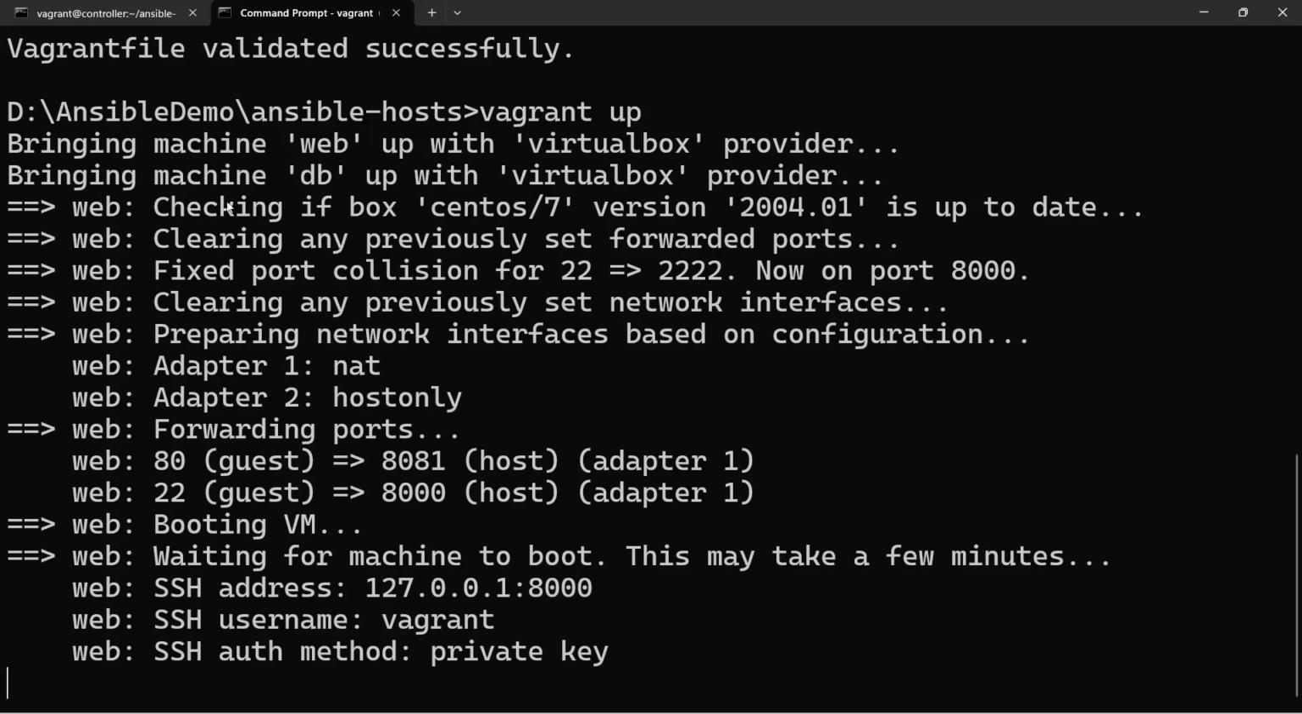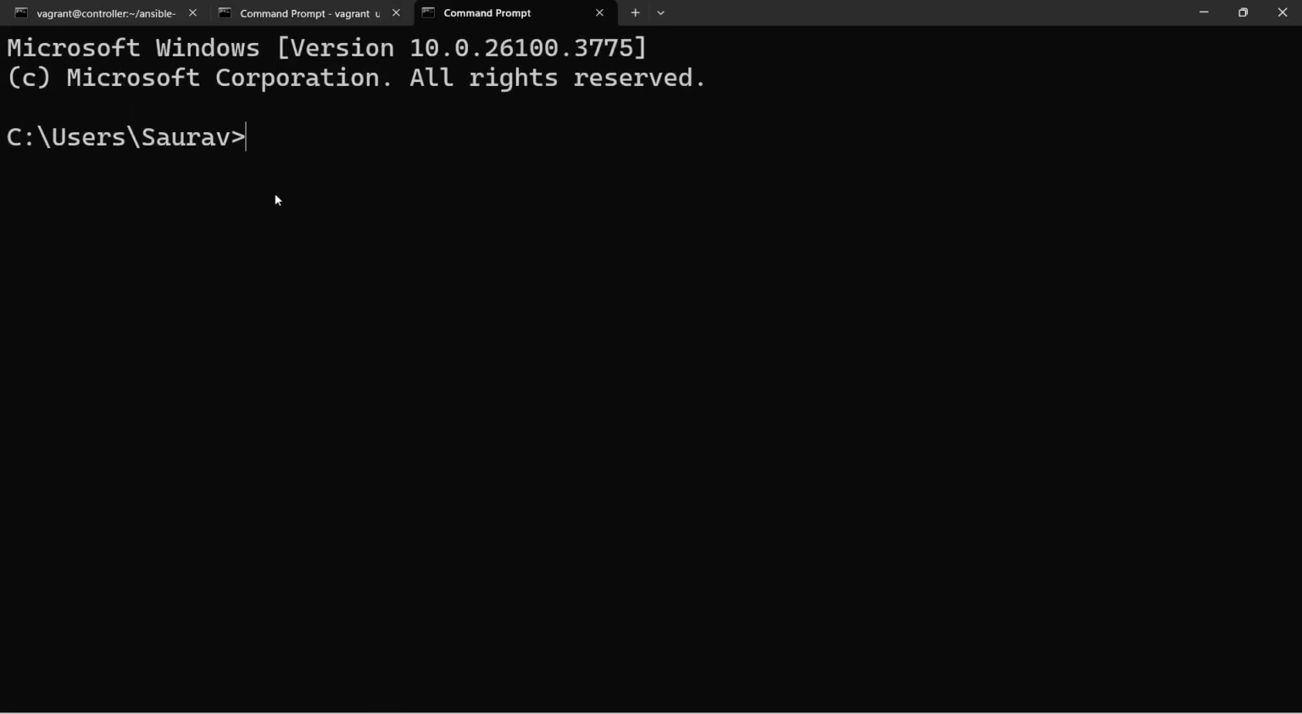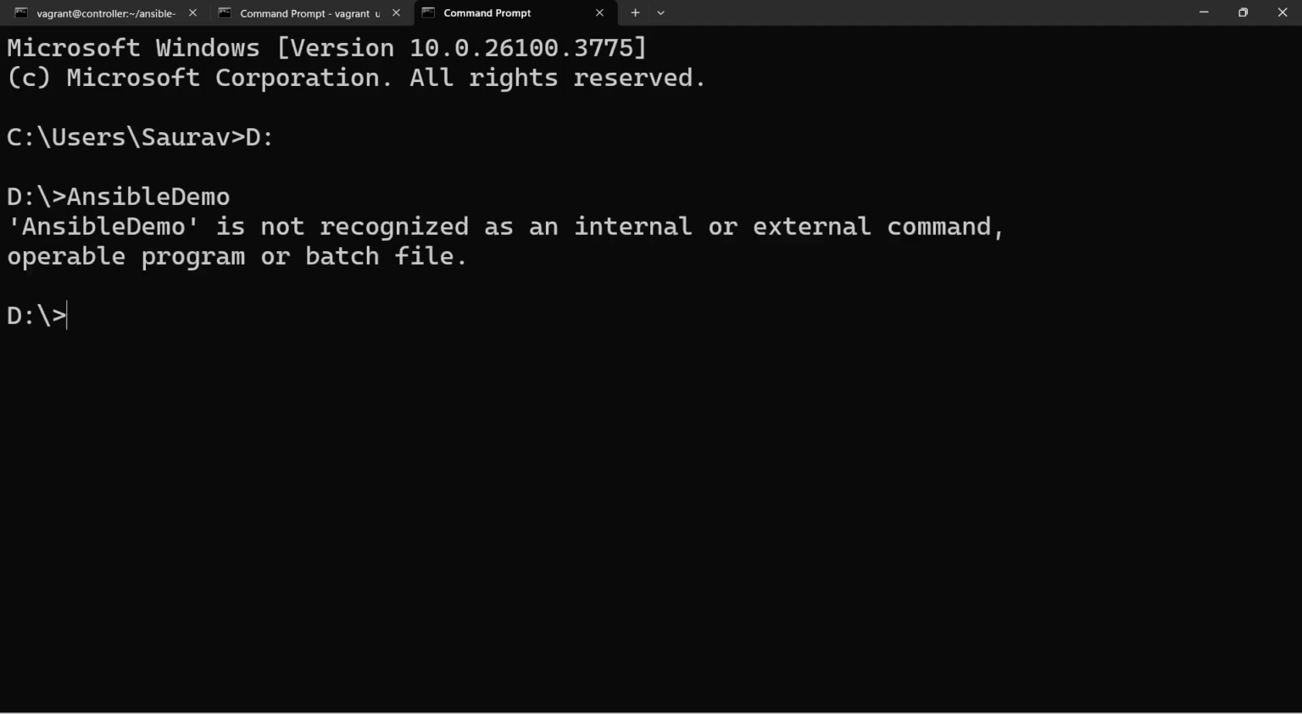So now the web is coming up. After that, the DB will come up. So what I'll do, I will open the web here and let it come up simultaneously. I again go to my D drive and go to Ansible demo. Sorry, cd Ansible demo. Okay, so cd Ansible hosts